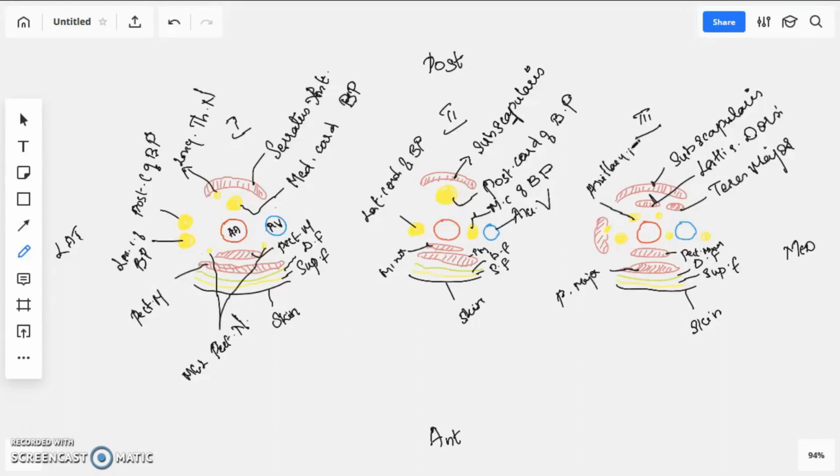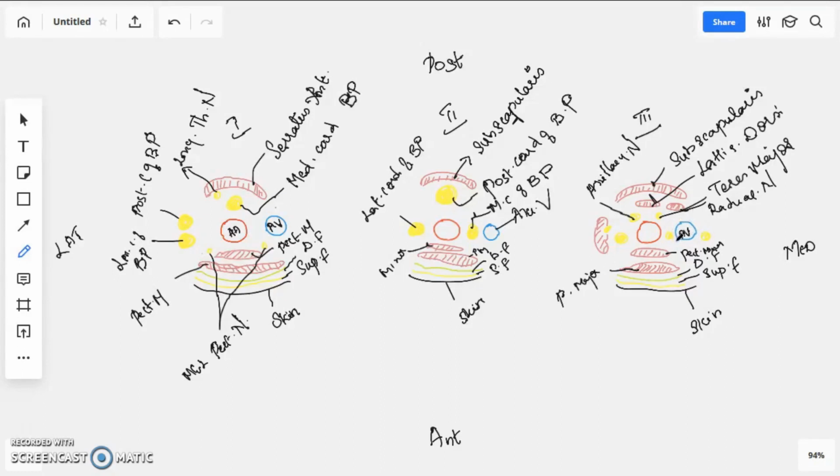One nerve that you are seeing in the posterior relation of the third part is the axillary nerve, and another nerve is the radial nerve. So in the posterior relation of the third part we have two nerves: one is the axillary nerve, another one is the radial nerve. Same way, coming to the medial relation. In the medial relation you already know we have the axillary vein, and here you have to remember two other structures also